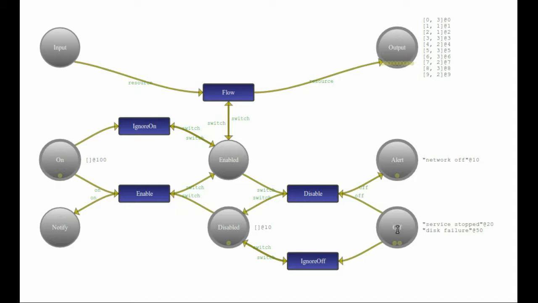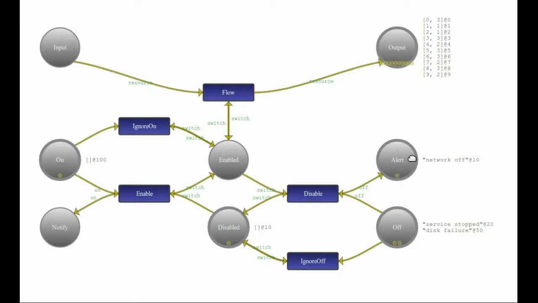So it moved from the off to the alert state, and that also triggered the movement of the token from enabled to disabled. So now information will stop flowing from input to output. And if I continue to run this, you'll see that happen. I'm going to come back and show you that, but I want to show you something else more important now,